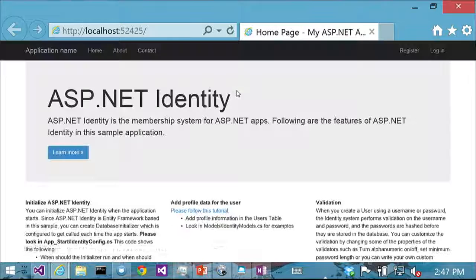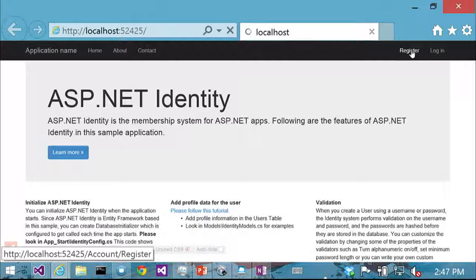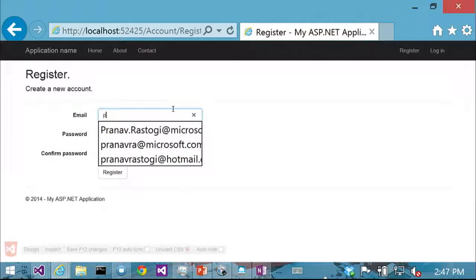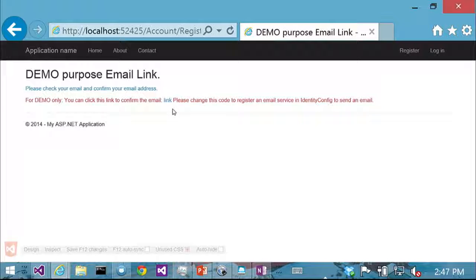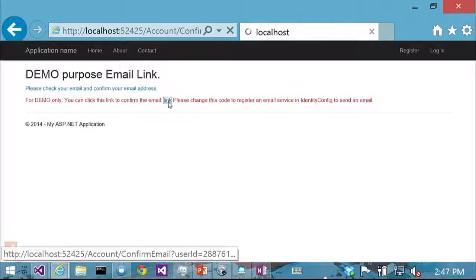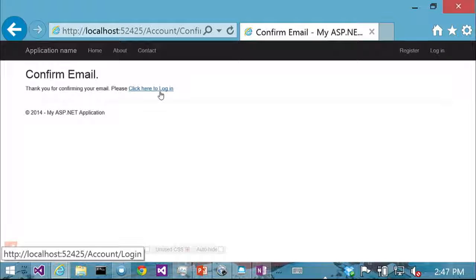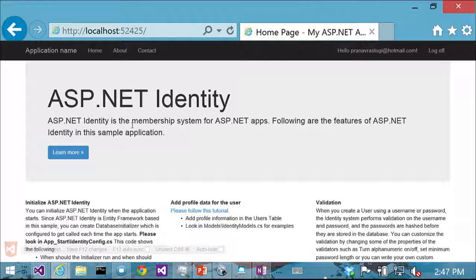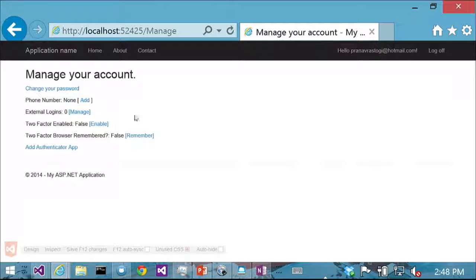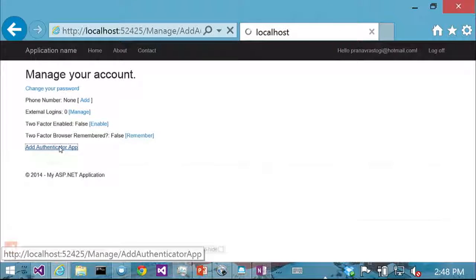This sample shows you the same flow where you can customize all of the identity features and use it in your application. So here I'm registering a user, I'm just printing the link over here, so I can easily click it. It's more of a demoable scenario. But what I have in this particular application is another flow for adding an authenticator app. This builds up on the same two-factor auth flow that I showed you earlier,